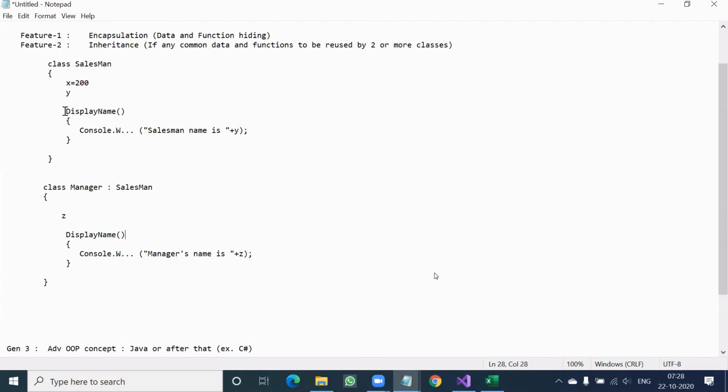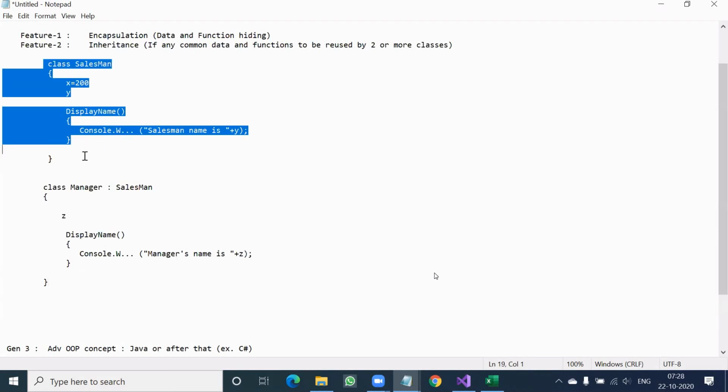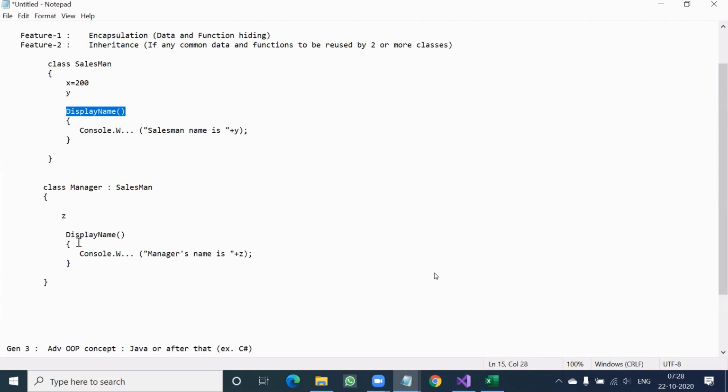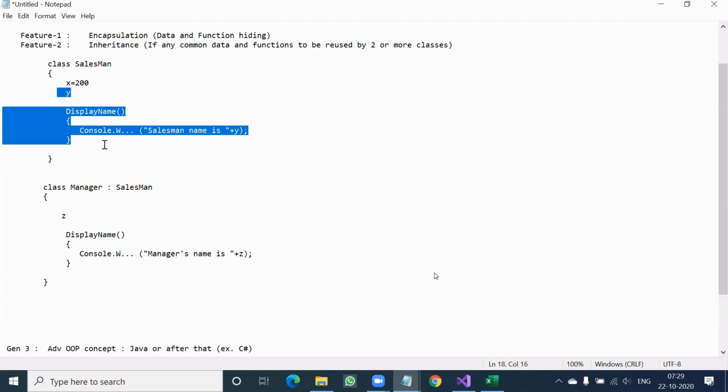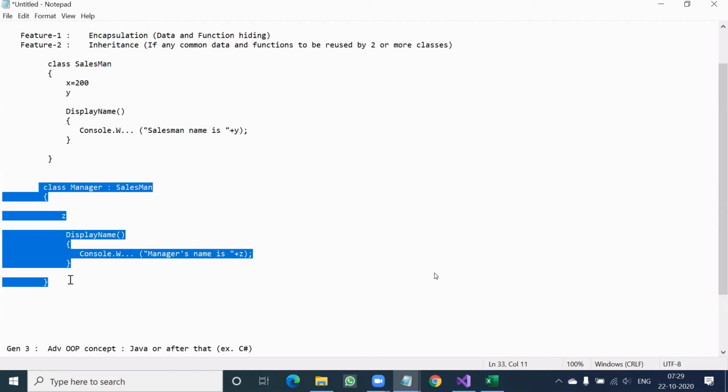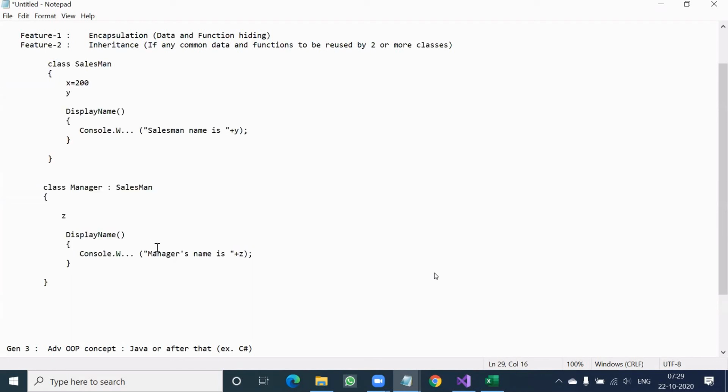Naming conflict came, right? I want this also in salesman, I want this also in manager. Then the naming conflict came. It said, hey, your parent is also giving one function called display name, and you are also having one function called display name. How is it possible? For manager, there will be two display names, because after inheritance, all these concepts, features, data and functionality will come and sit here logically. Then they solved this through something called